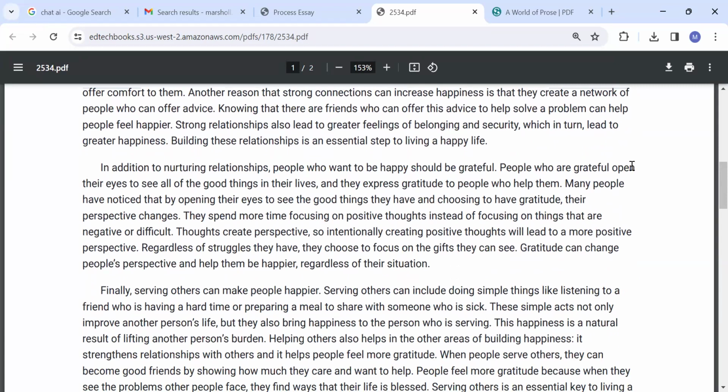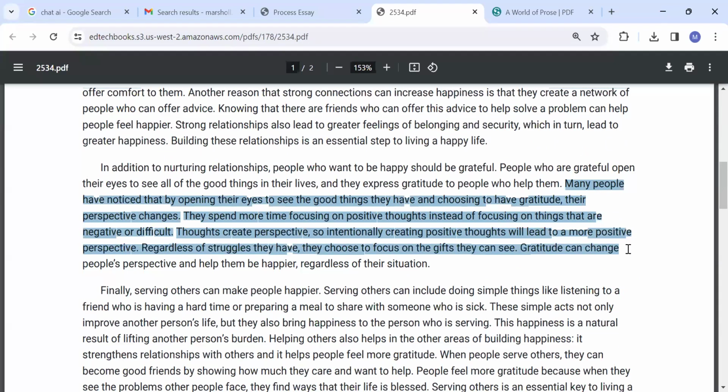They express gratitude to people who help them. So you have to express gratitude. Many people have noticed that by opening their eyes to see the good things they have and choosing to have gratitude, their perspective changes. They spend more time focusing on positive thoughts instead of focusing on things that are negative